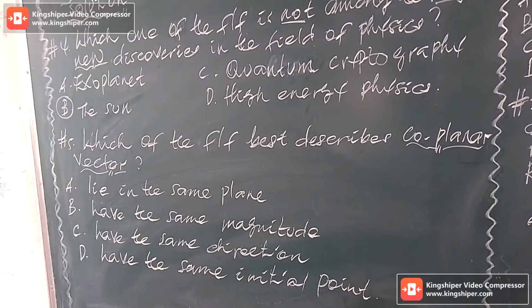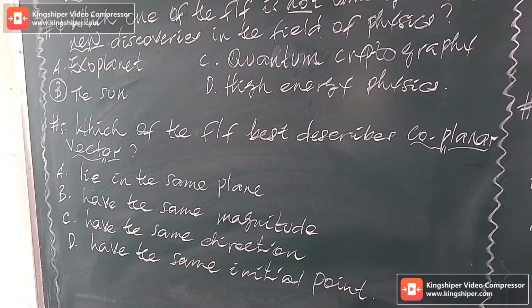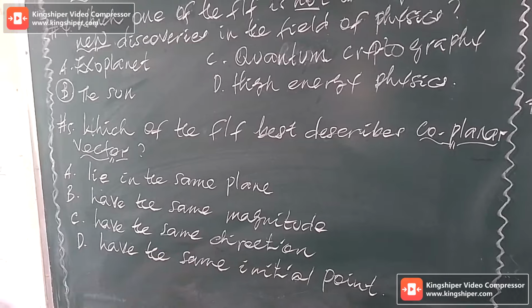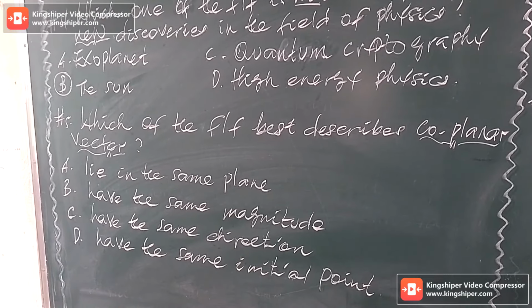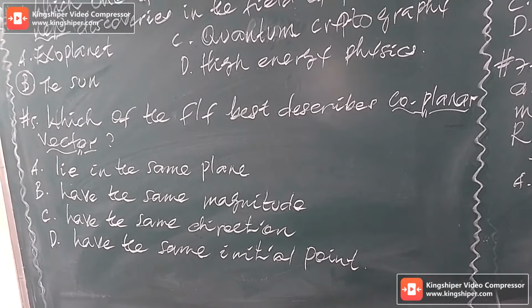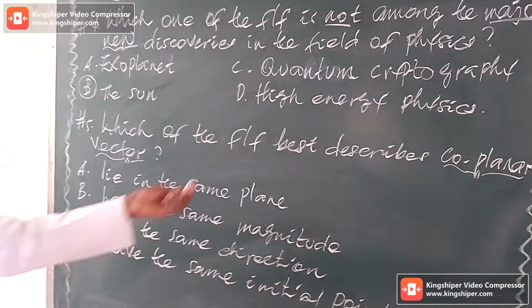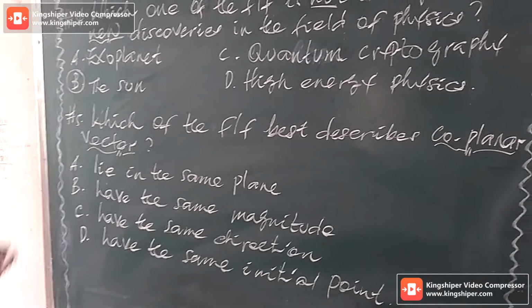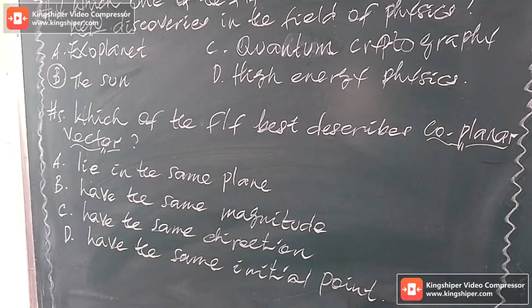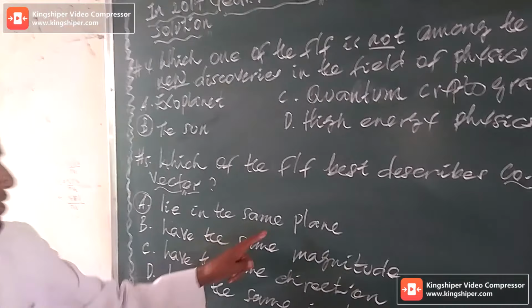Choice A, lie in the same plane. Choice B, have the same magnitude. Choice C, have the same direction. Choice D, have the same initial points. When we come to coplanar vectors, according to the given definition, vectors that lie in the same plane are called